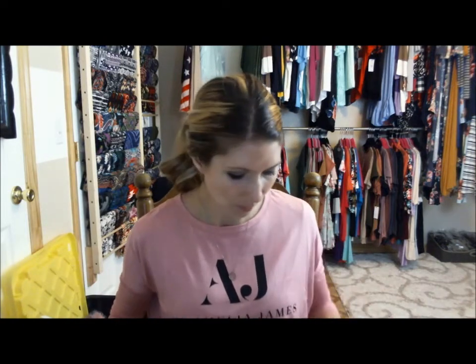So after I make sure everything is correct on my packing slip, I start opening them and I will show you what I am looking for, because you want to examine your items to make sure that there are no defects, because sometimes there are defects in the manufacturing of clothes. Okay, so you definitely always want to make sure that you check the tag area, because I've seen where